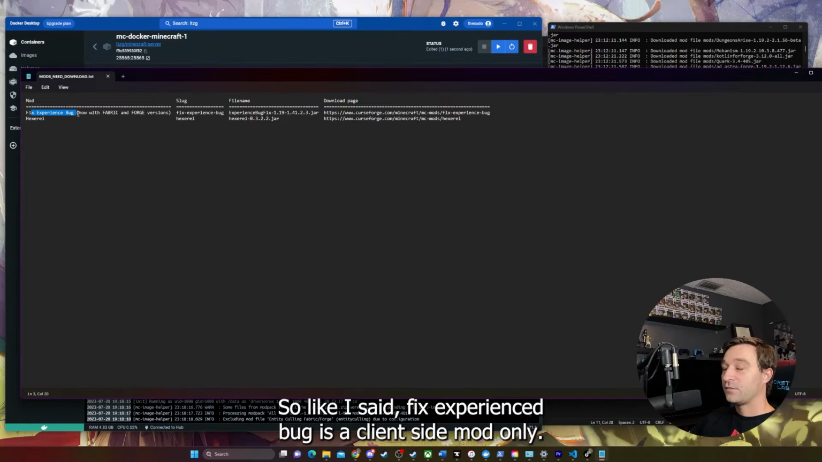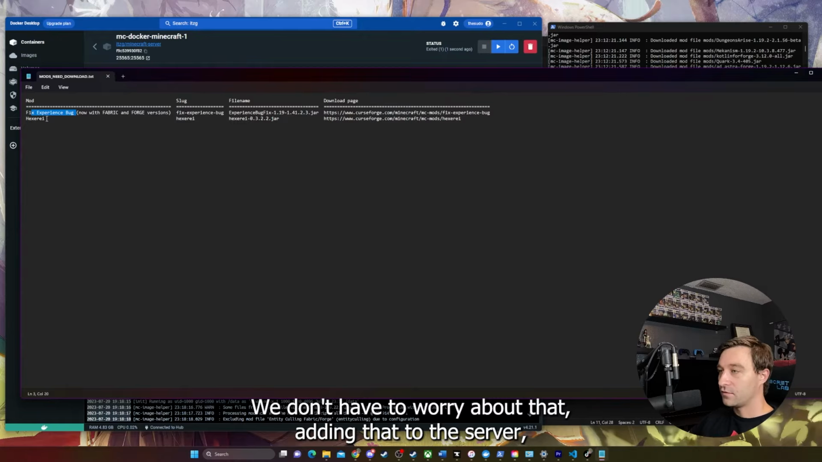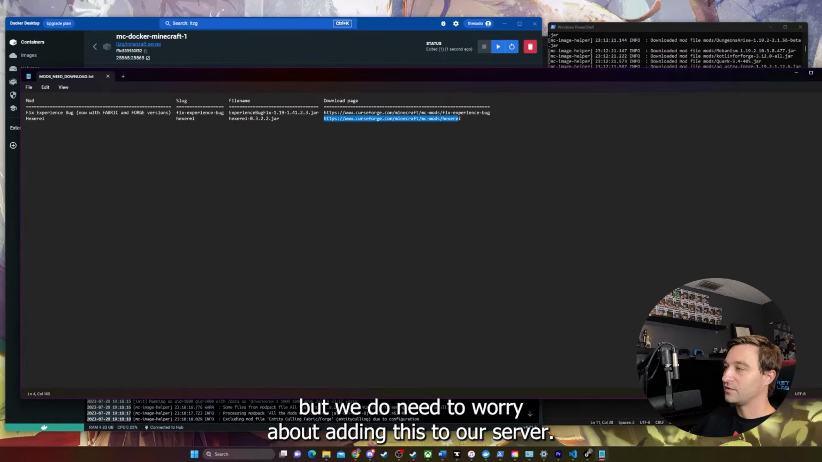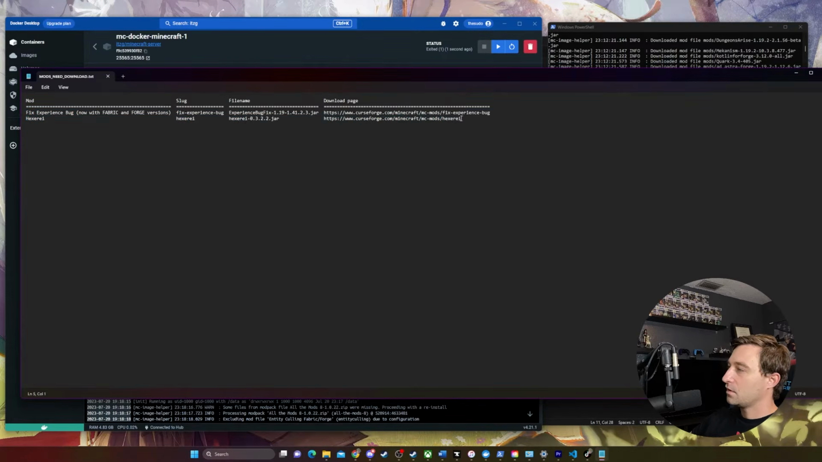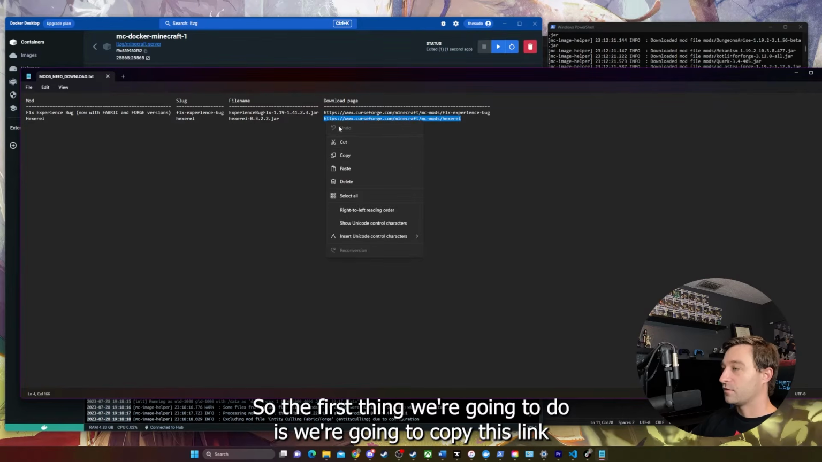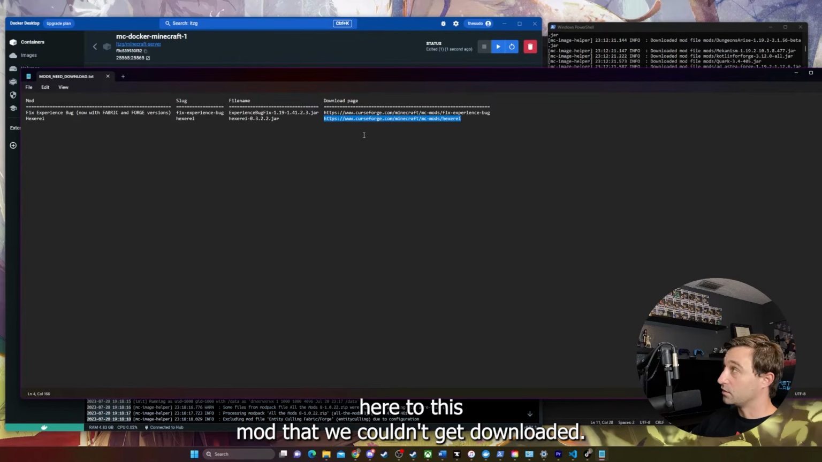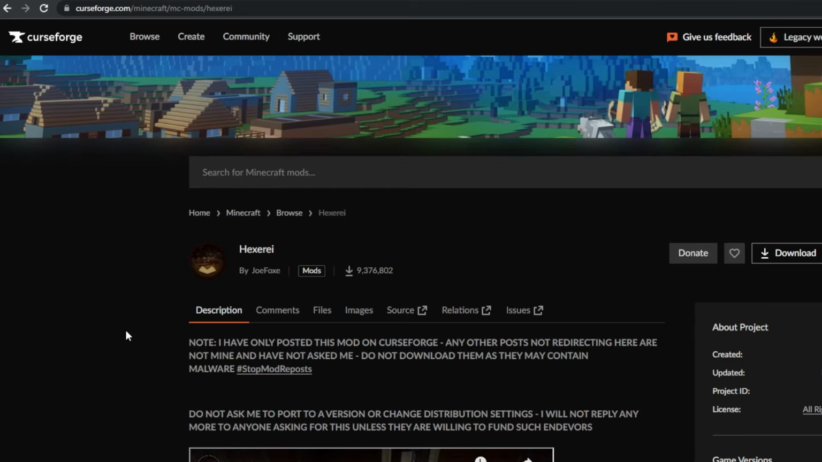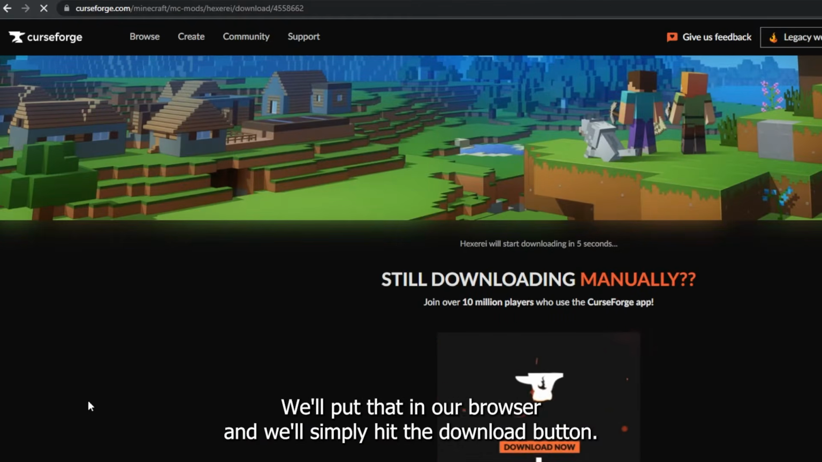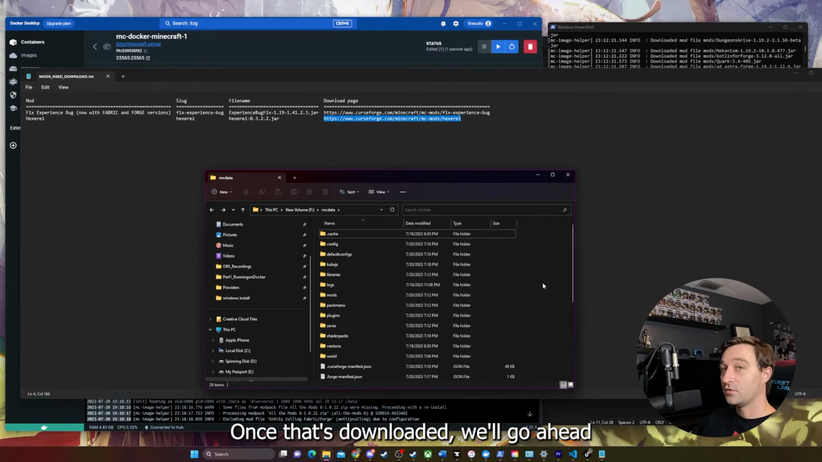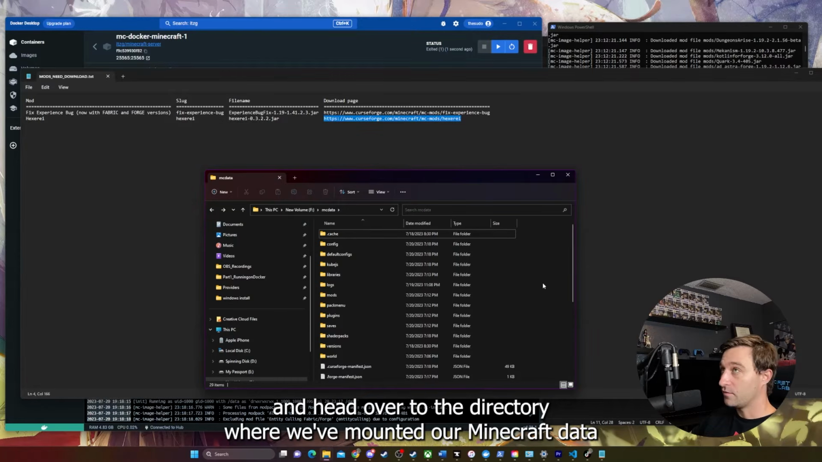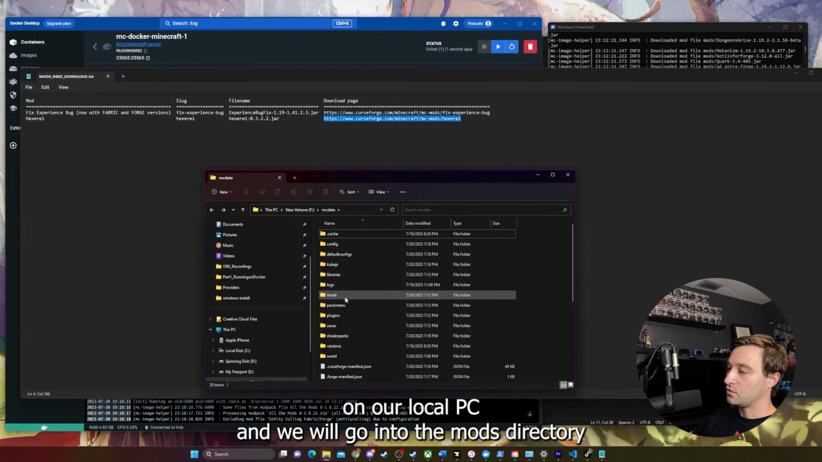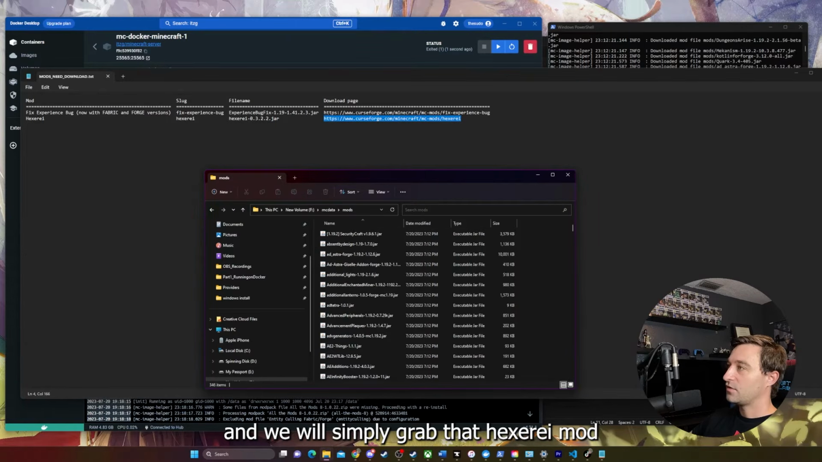So like I said, Fix Experience Bug is a client-side mod only. We don't have to worry about adding that to the server, but we do need to worry about adding this to our server. So the first thing we're going to do is copy this link here to this mod that we couldn't get downloaded. We'll put that in our browser and we'll simply hit the download button. Once that's downloaded, we'll head over to the directory where we've mounted our Minecraft data on our local PC, and we will go into the mods directory and simply grab that Hexray mod and place